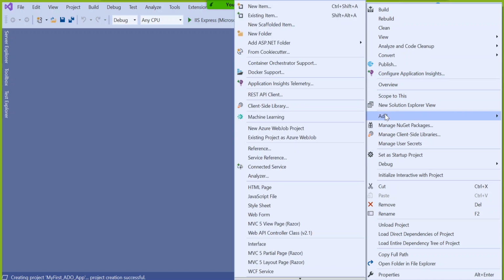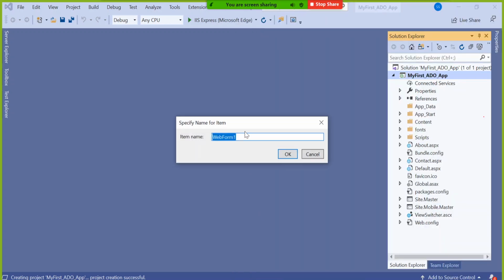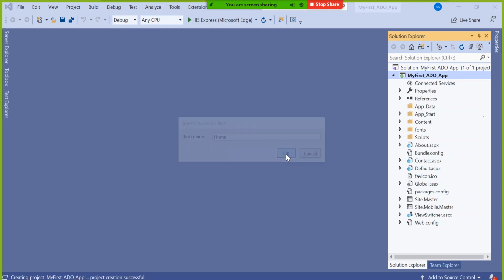Then right click the project, go to add. You can see there is something called web form. I will name it as home. Then I'll say okay.